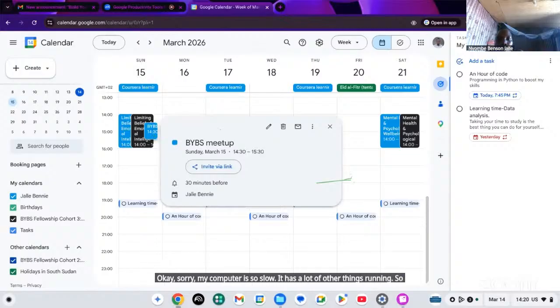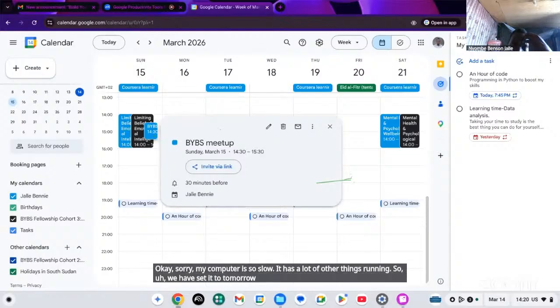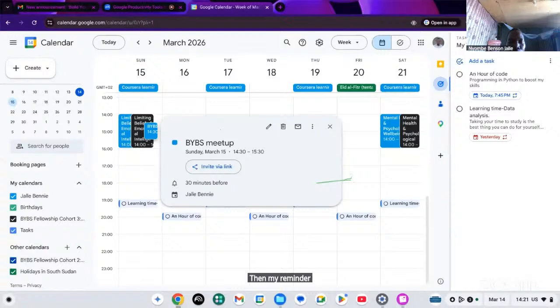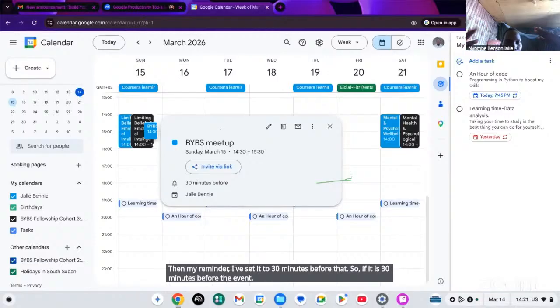So we have set it to tomorrow from 2:30 to 3:30. We can use that. We can invite other people. Then my reminder, I've set it to 30 minutes before that. So if it is 30 minutes before the event, I can be reminded about that. So that is Google